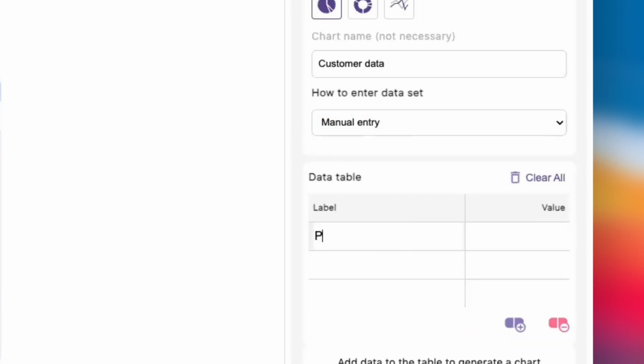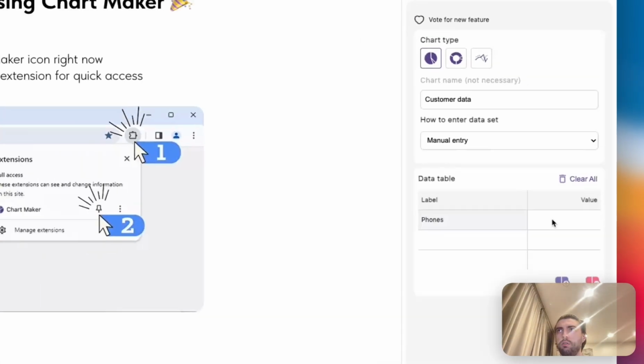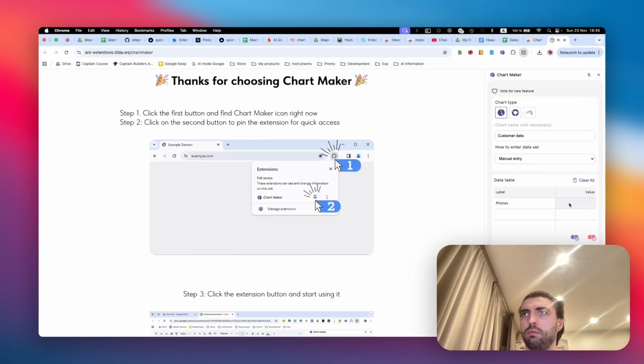For example, phones, 400, for example, emails, 654, and home addresses, 53. After that, you can click the generation button